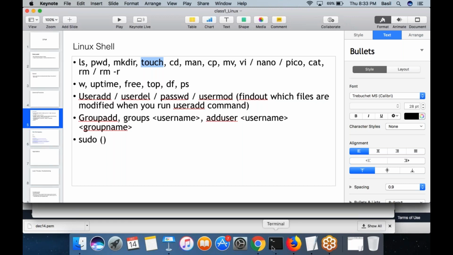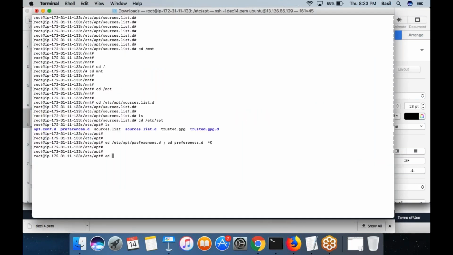So let me do that. First, I will go inside some folder, let's say slash home. What is meant by slash home? The home folder inside slash. So if you find a slash in the beginning of any path, what does that mean? The top of the file system.